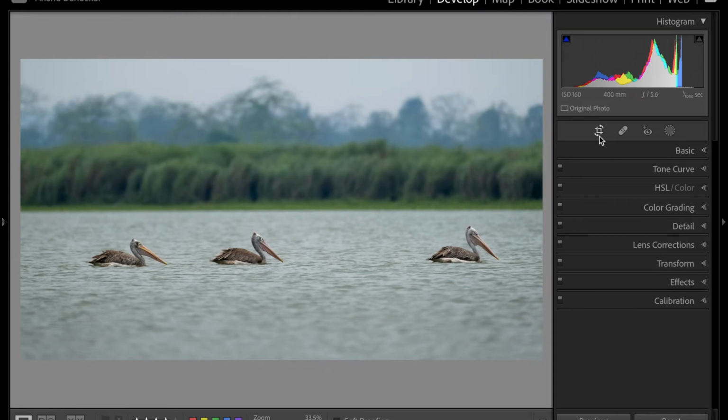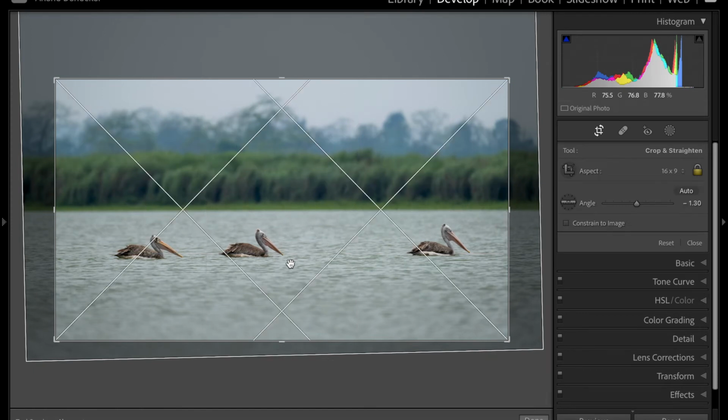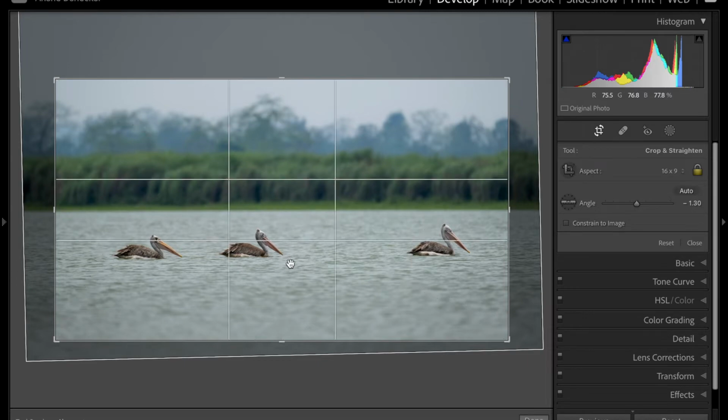The second tool is also hidden inside the crop and straighten itself. And right now you can see this picture is divided into 3 vertical and 3 horizontal parts, right? This is basically you compose and crop it based on the rule of thirds. But there are more options than this, and you'll get those by pressing the key O on your keyboard. So if you press O, it will cycle through different crop options, and you can see here